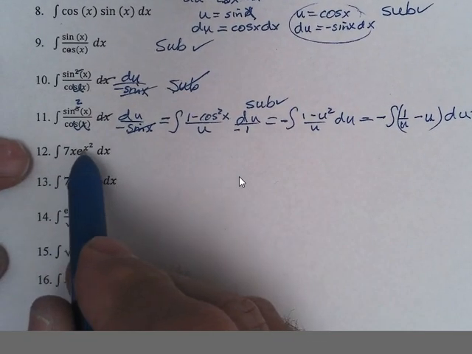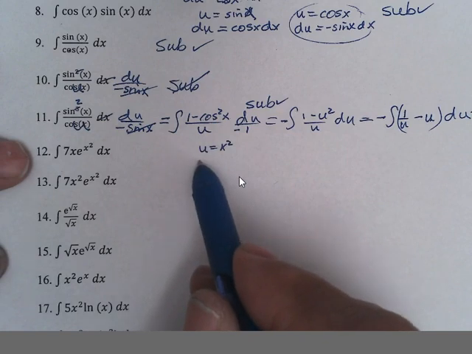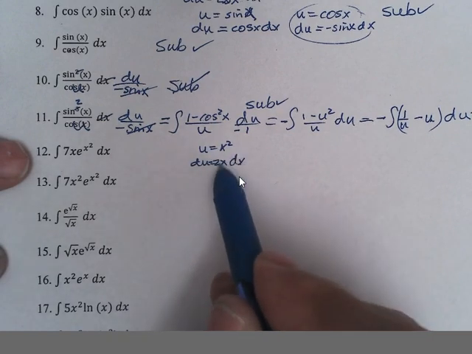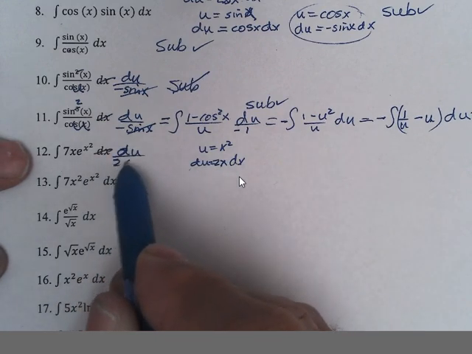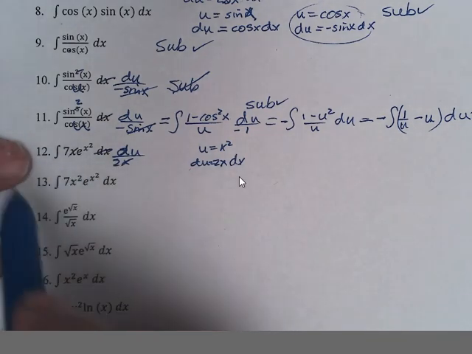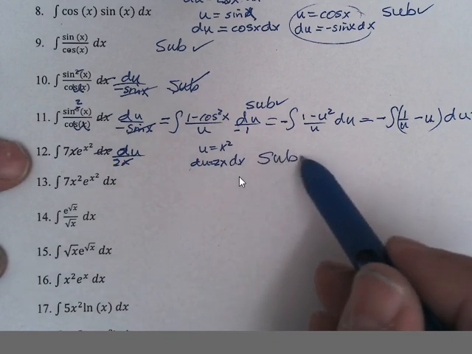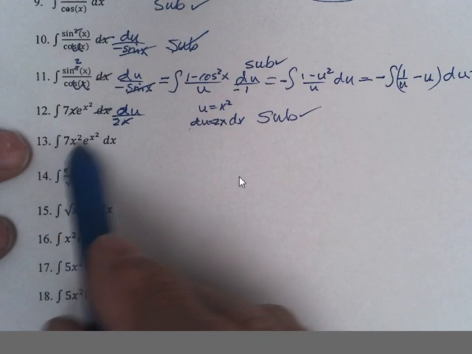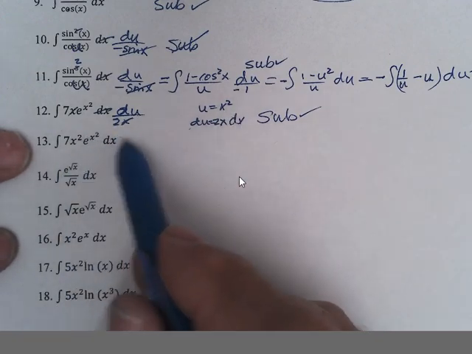This one, if you let u be x squared, of course you know that du will be 2x, and we'll get the 2x in there, du, and that x will cancel that one. The 7 over 2 will pull out, and we'll have e to the u, which we can do. But if it's x squared, and we do that same substitution for the x squared, we get